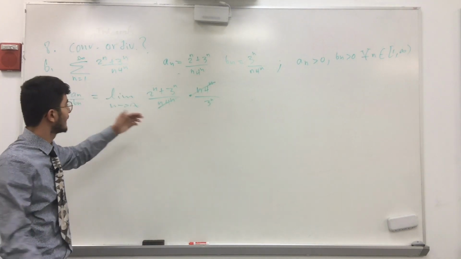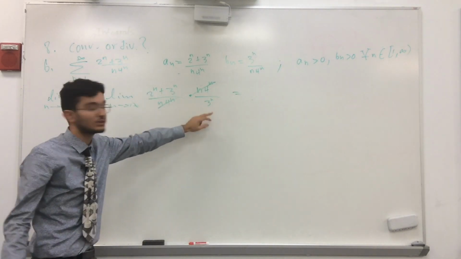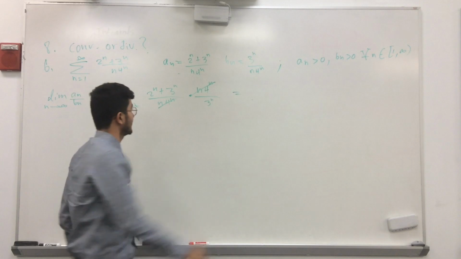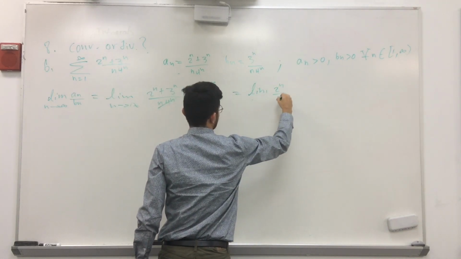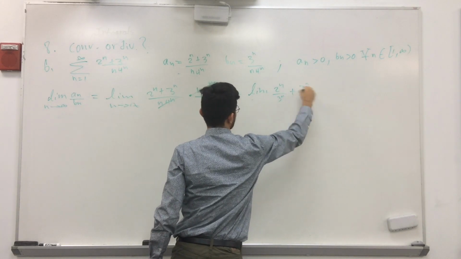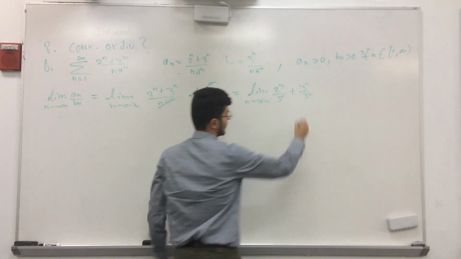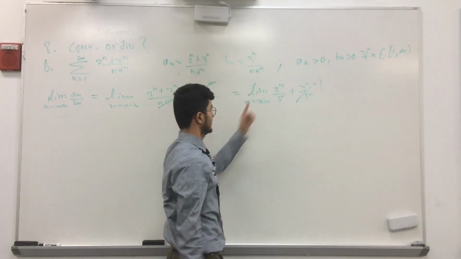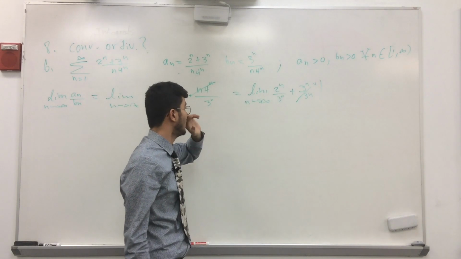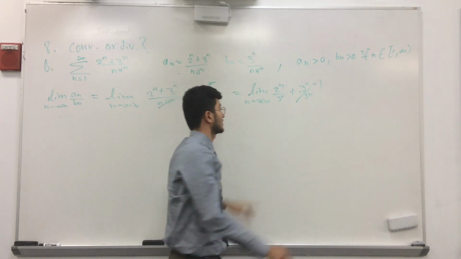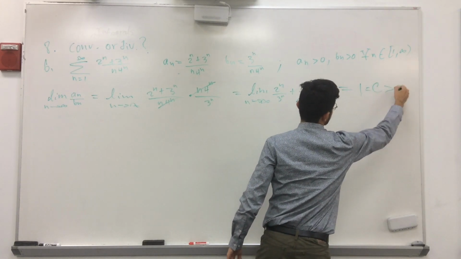We just take the limit. If we do that, we distribute the 3 to the n on the bottom to each term on the numerator. We're going to get the limit of 2 to the n over 3 to the n plus 3 to the n over 3 to the n as n goes to infinity. This over here is 1. And this over here, as n goes to infinity, because it's a geometric series, just approaches 0. So that means that the limit is equal to 1, which is some value c that's greater than 0,